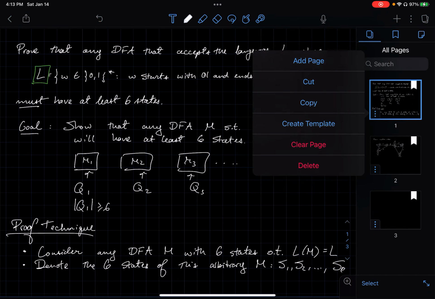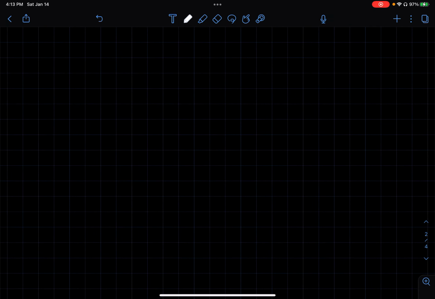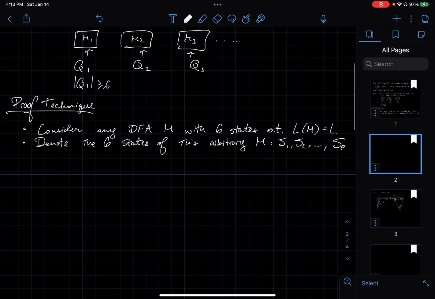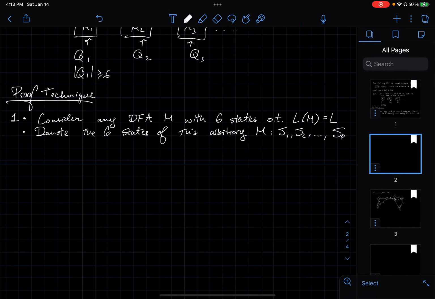The next thing that I do is, so this is step 1, this is step 2, then step 3 is I pick 6 particular strings. So now I choose 6 particular strings,